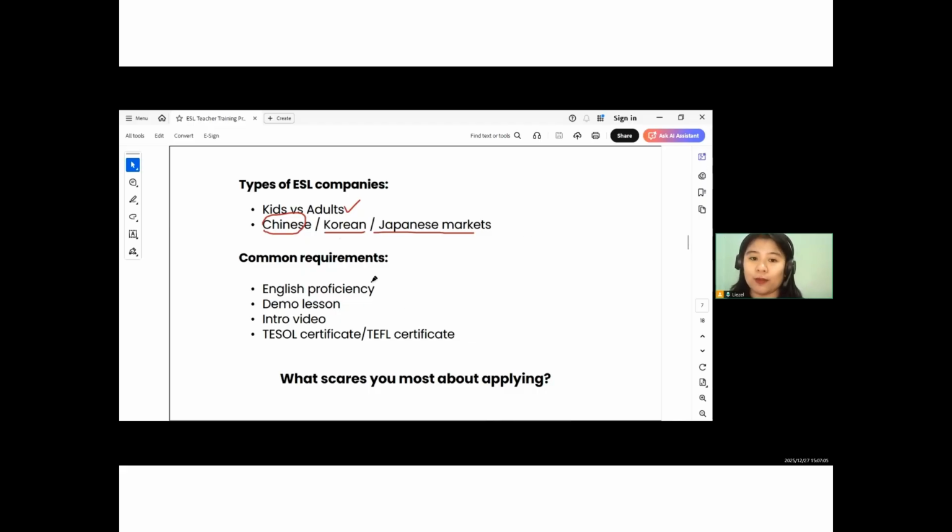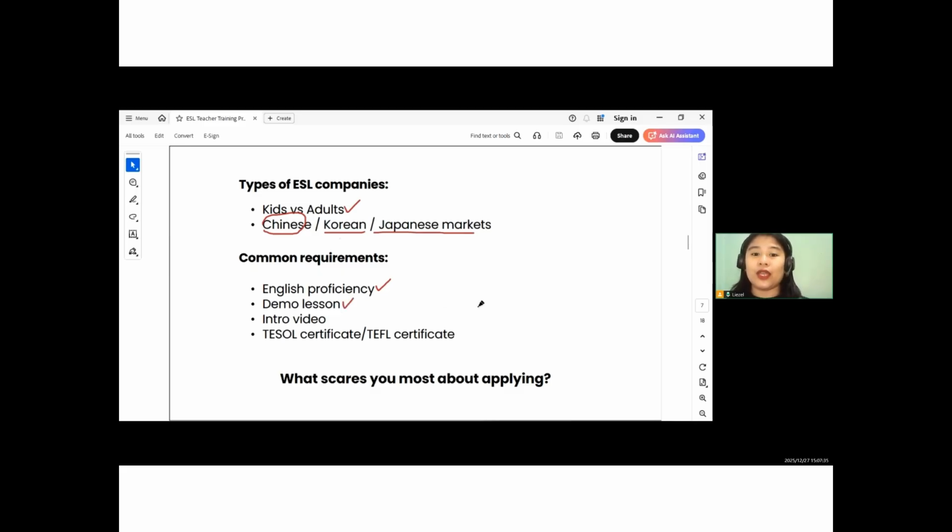And our common requirements, you have to have English proficiency, meaning to say you need to be fluent in the language you are teaching because a student is learning from you. So you must set the standard, and you must be their, let us say, their good teacher so they can learn from you, a good example. Next one, be a good example for your students.